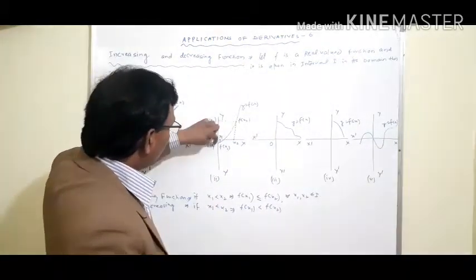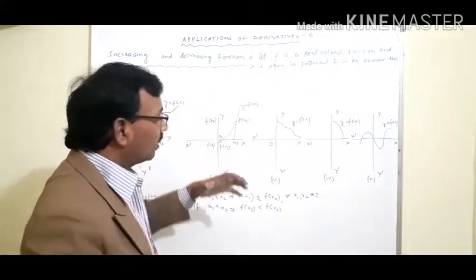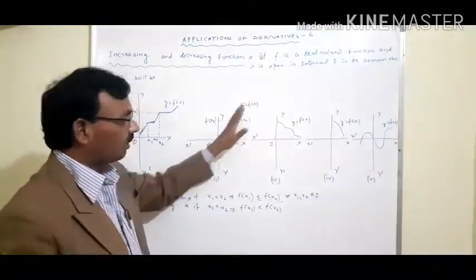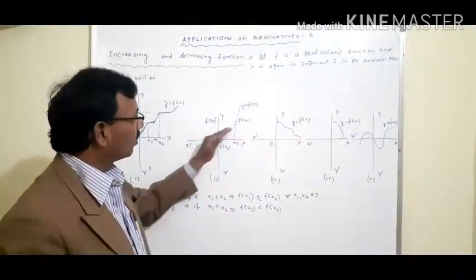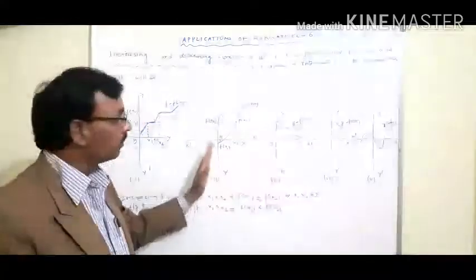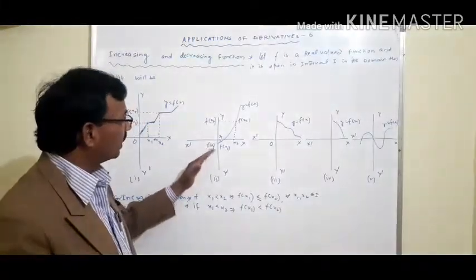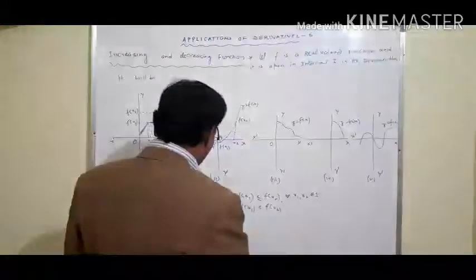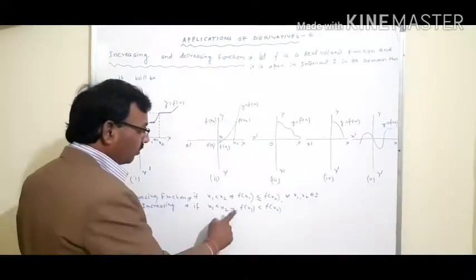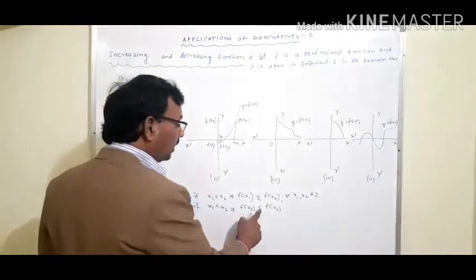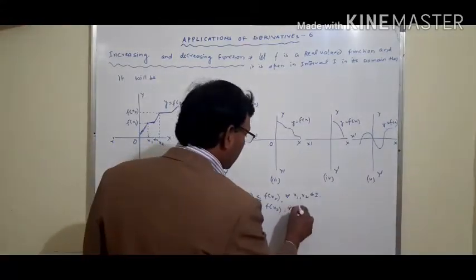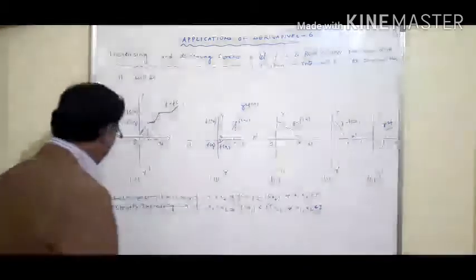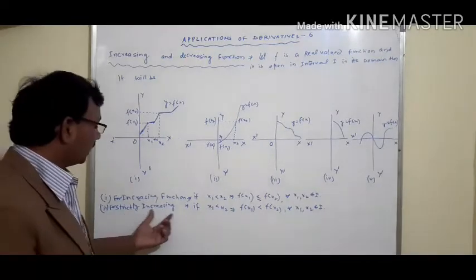At any point on this graph of this function, f of x1 and f of x2 are never the same, because it is always increasing, with no stopping, no constant part, no equality. That means once the graph starts to increase, it will always increase. So this condition, if x1 is less than x2 implies that f of x1 is less than f of x2 for all x1 and x2 belonging to I, defines what is known as a strictly increasing function.